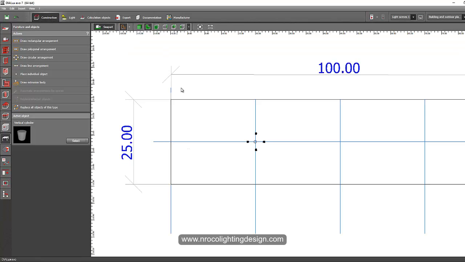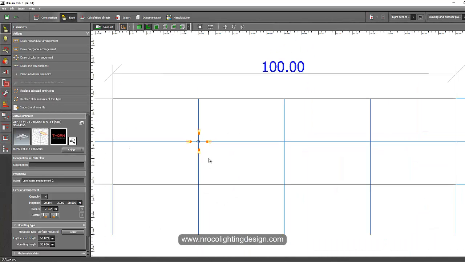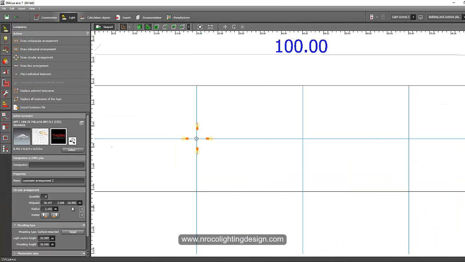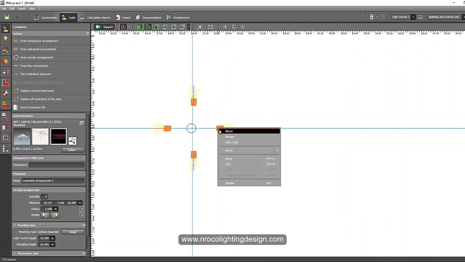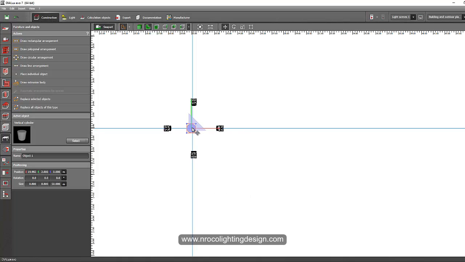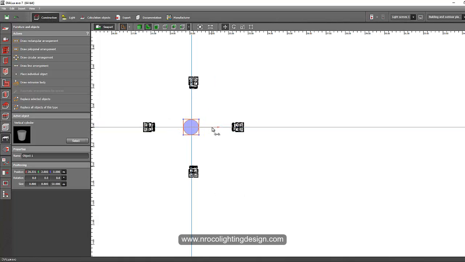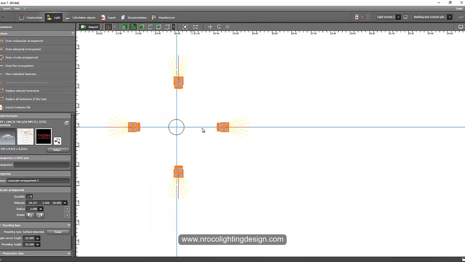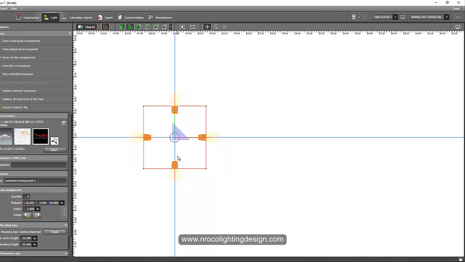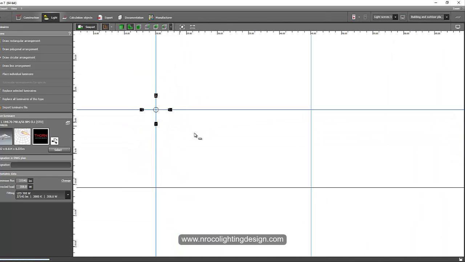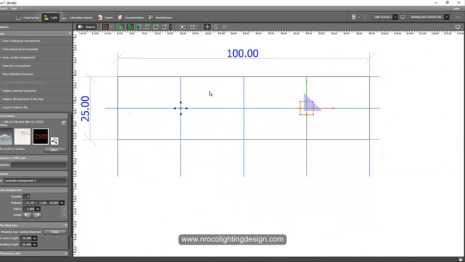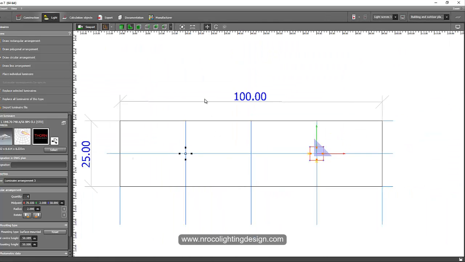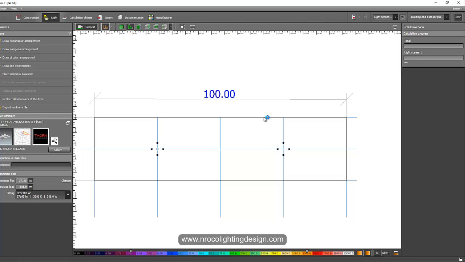So go and check the other one also here. Wait, the diameter, the radius of this luminaire, as you can see, is 2 meters. So let's make it precise, and then let's just move it to the center. Okay, this one is in the center also, and then Control C, Control V to place it on the other side, maybe here, I'm not sure. Let's just try this one. So the spacing is 50 meters. So let's run a calculation using these parameters for now.